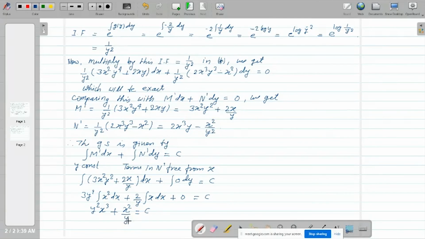You can also do cross multiplication, and one more step is there. So you will get x cube y cube plus x square equal to yc as a general solution. We just write here, which is the required general solution of the given differential equation. Very simple with this. I hope you understood this. If you're getting this much, you know how to solve this type of problem. Yes, sir. Now let us go to the next.